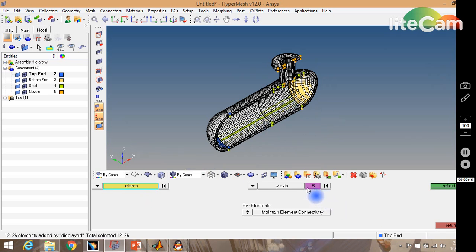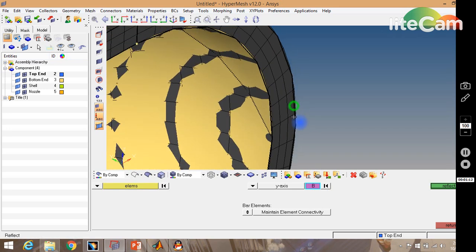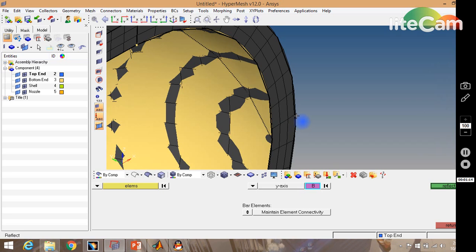Okay, and I will select the y-axis. If I want to reflect elements about the z-x plane, I have to select the remaining axis, that is the y-axis. If I want to reflect them about the z-y plane, I select the x-axis and so on. In our case, the reflection plane is z-x, so we will select the y-axis. And you have to select a base node, about which node you have to reflect the elements. So I will select this node,